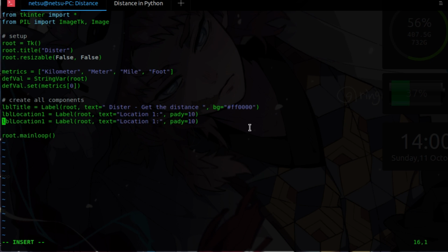Anyways, so then we can just change this to location 2 and location 2, and you can actually keep the padding the same. Then we can create an edit, so it's EDT location, and we can go location 1, and then we can go entry equals entry. Now entry is just an input, and then we can just say root, and then EDT location 2 equals entry root,